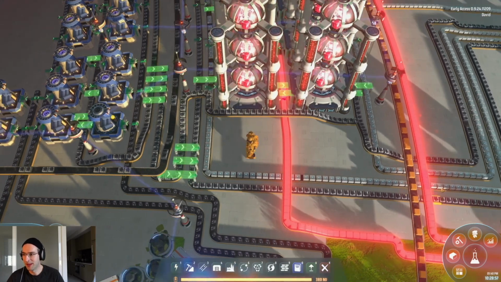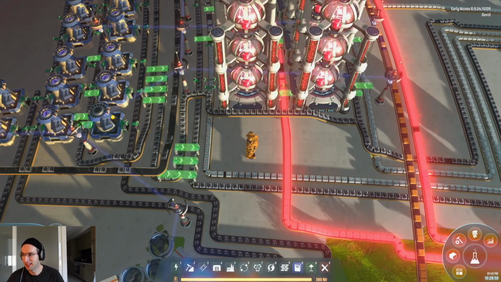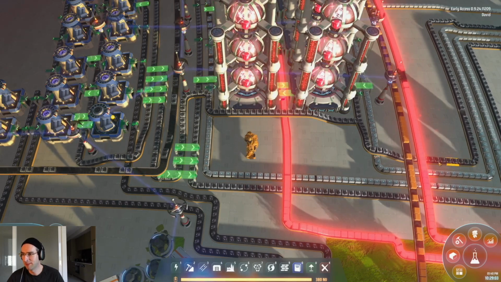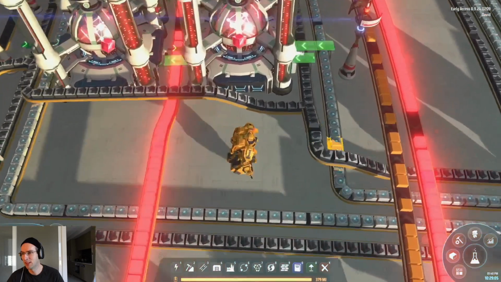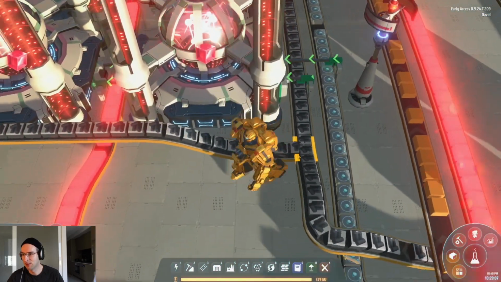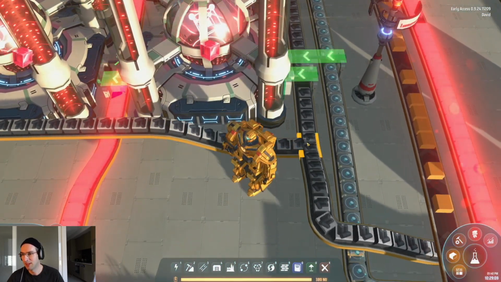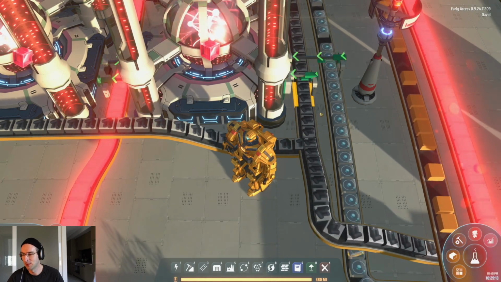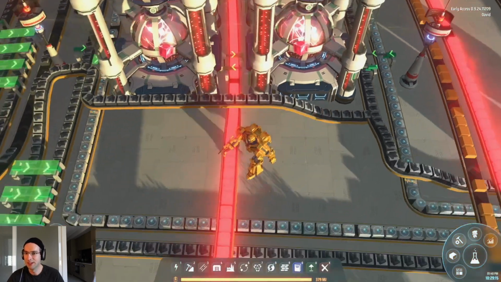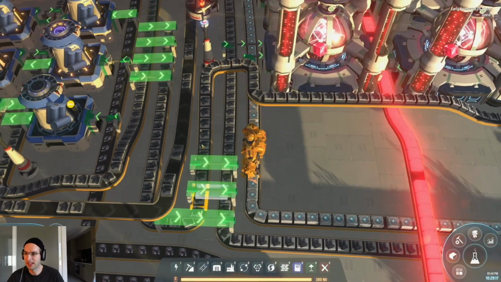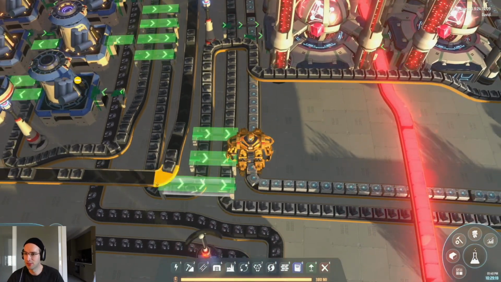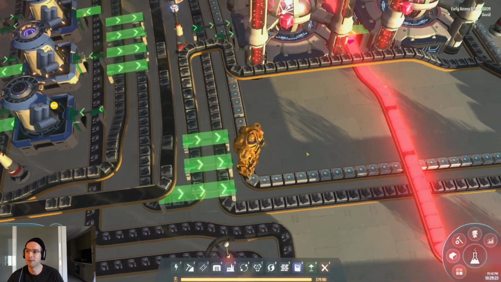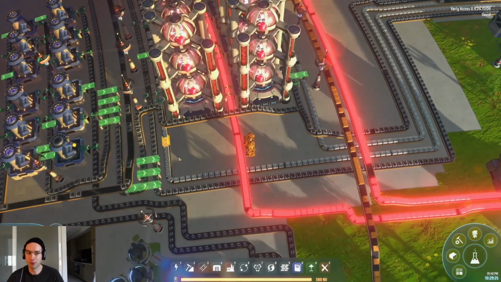But you also want to make sure that the energetic graphene that's coming from the chemical production lines or the refining is prioritized. And the way that you can do that pretty easily is using this method, where you have a T intersection, and the thing that you want to prioritize is the one that just goes through the top of the T. And essentially we've done that on both sides here. This is the other way that you can do it. You can use sorters. So if there's a full belt, the sorters aren't going to do anything, right? So that's a really important step